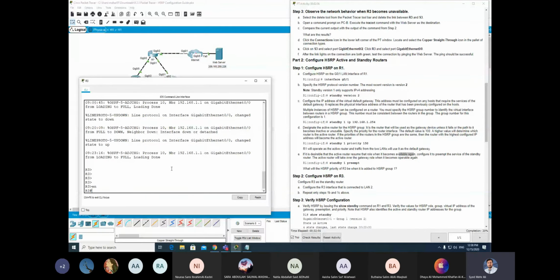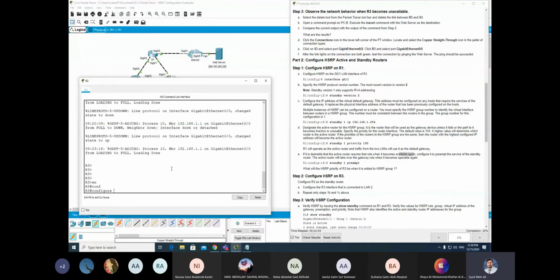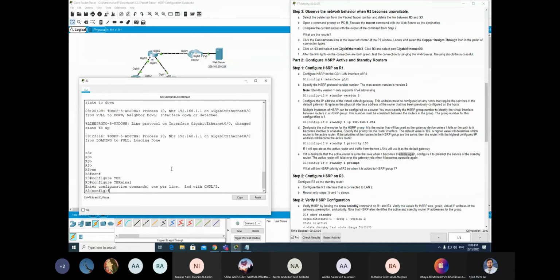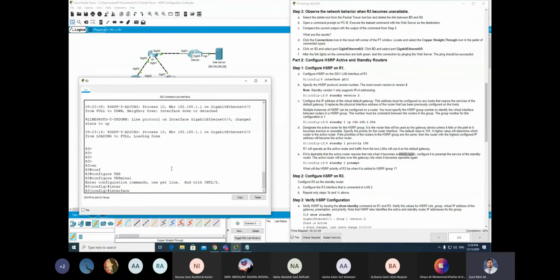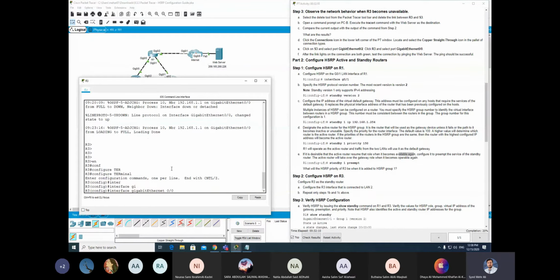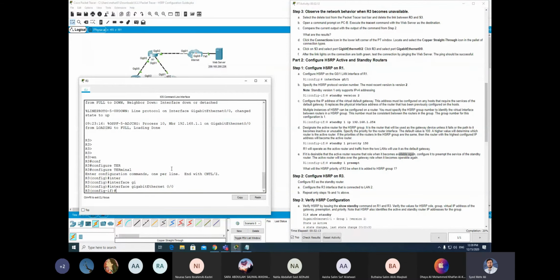So now we will go into configure terminal, interface GigabitEthernet 0/0.